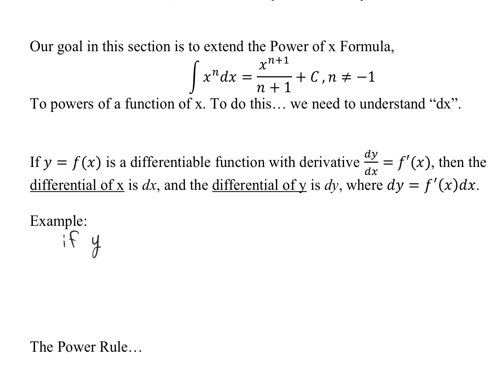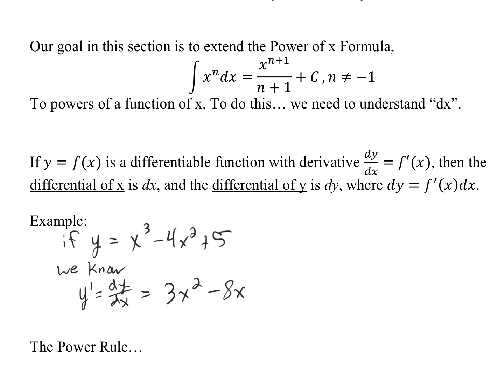So let's assume that y is equal to x cubed minus 4x squared plus 5. We know that dy/dx, that's the derivative of y, so y prime is equal to dy/dx, which would be 3x squared minus 8x plus 0. Now, the implication here, if dy/dx is equal to this thing, actually, let me go ahead